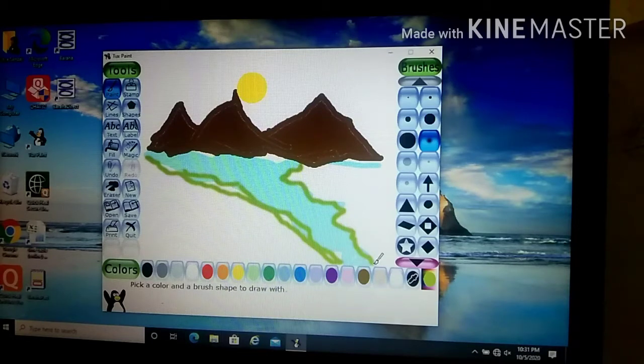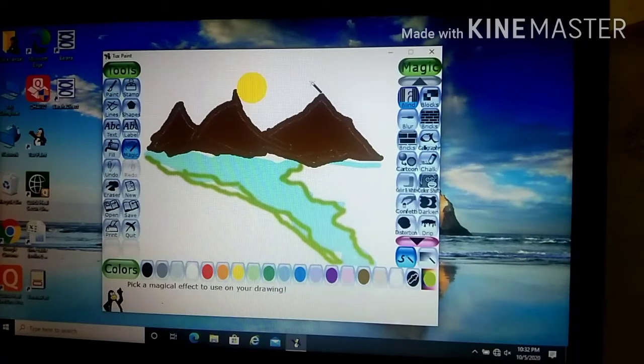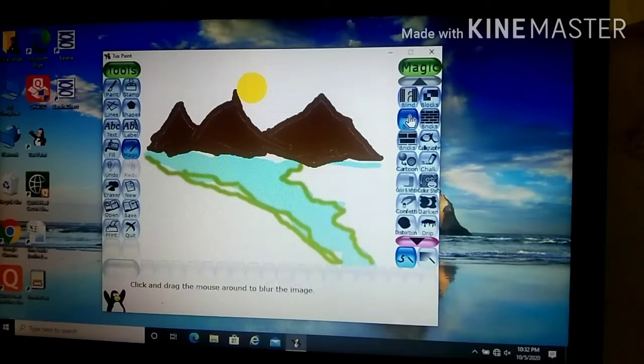But here in this magic tool, we have a number of options which are ready to use. The first one we are going to see is blur magic. How to do that? Just select and blur.